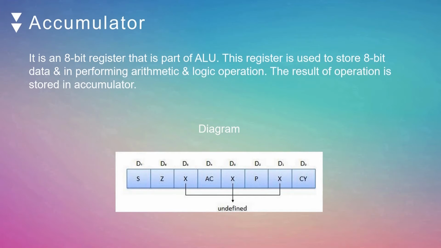So, continuing on the topic of computer architecture, next we have the accumulator. An accumulator is a register, an intermediate storage of arithmetic and logic data. The main role of an accumulator is adding a sequence of numerical values and storing it. From this diagram, we can see the 8-bit ALU where different logical operations are stored in the form of flag bits. Here S is the sign flag, AC is the auxiliary carry flag, Z is the zero flag, and P is the parity flag. We will discuss their roles in the next slide.